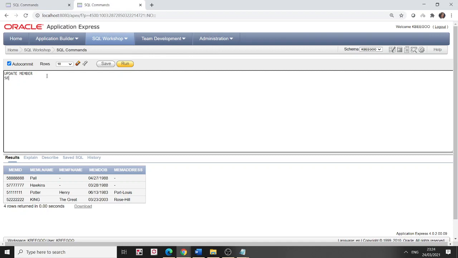Update table name, set F name is equal to Trisha, mem address is equal to Malibu, where mem ID is equal to